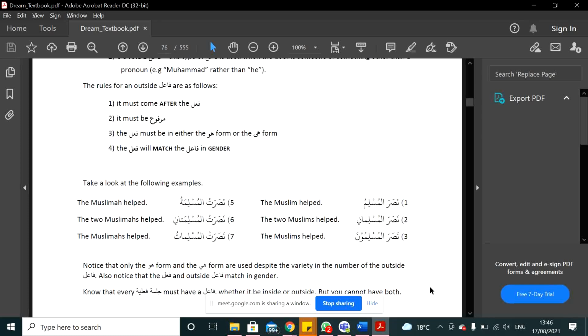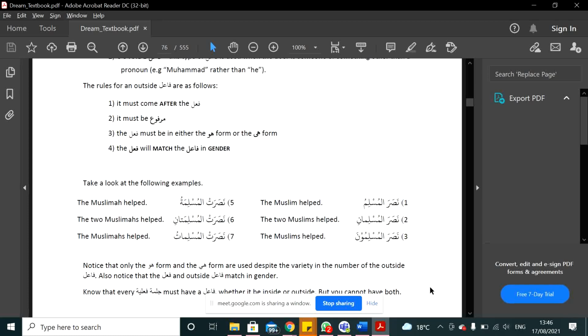Sorry, it can be third person, but can be singular, dual, or plural. I'm sorry. Yes, that's what I'm thinking. It doesn't need to match the number with the fa'il. Yes, just have to match the gender. Yeah, but still a little bit confusing. For the fa'il, we'll be using only the first column.